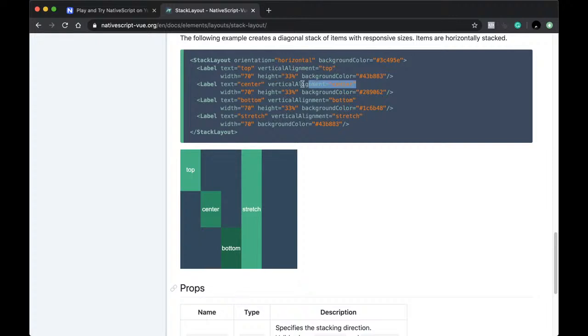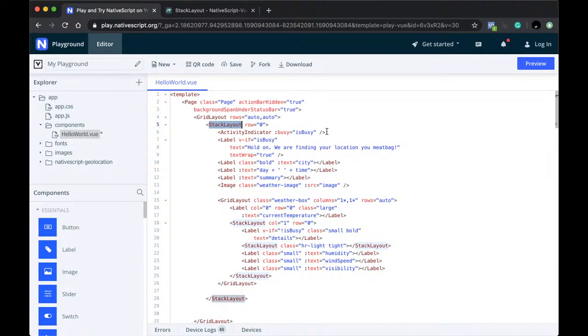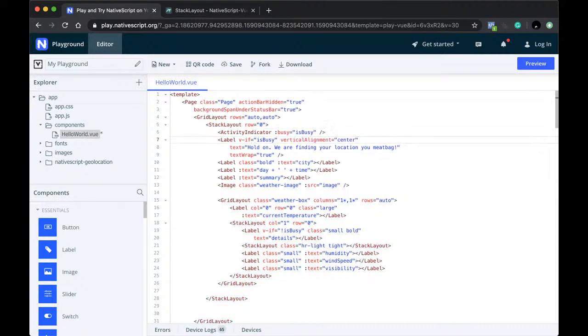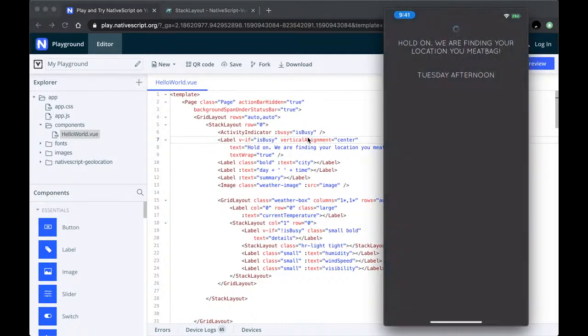Let's just try that, see what happens. So let's add that vertical alignment to this label here. The order of the attributes doesn't matter. You can have them in any order as long as they are within the opening tag. Press save. And that didn't work